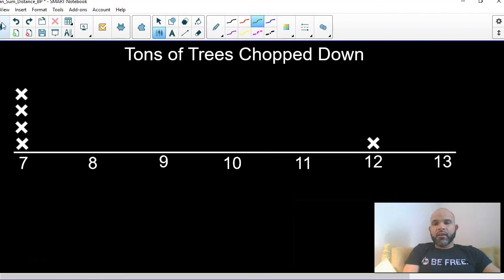So here is your template, right? You're going to show me your work on how you found your mean, and you're going to show me your balance point, and then I want you to show me how you're going to check your work by confirming that it's balanced, it's distributed. The sum of the distances of those points that are lower than the balance point is equal to the sum of the distances of the points to the right. Okay, so that's that.